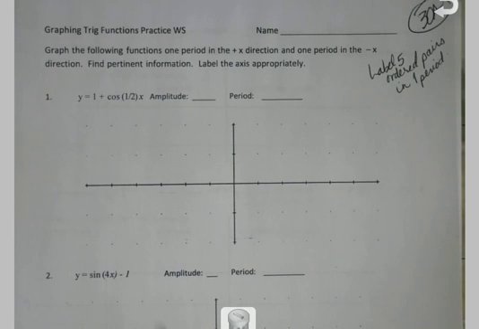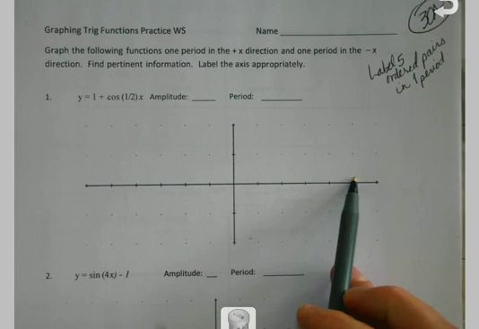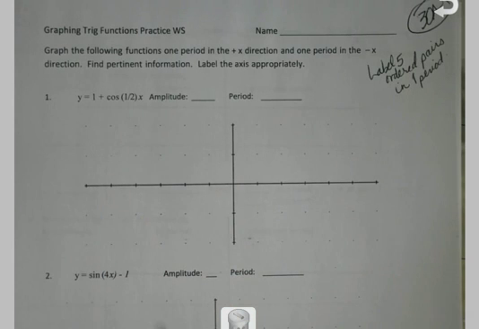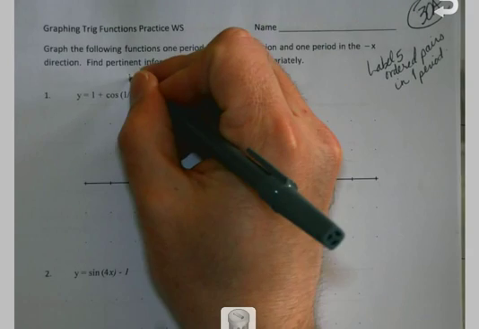So okay, graph the following functions, one period in the positive x and one positive period in the negative x direction. In other words, we're going to do one period heading to the right like we normally do, but then we're also going to mirror that or keep going to the left. I guess I shouldn't say mirror because they won't look identical every single time. So when we jump into one like this, again, typically, depending on which side my values are on,